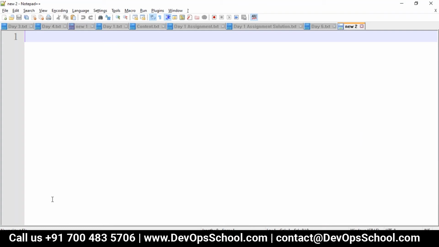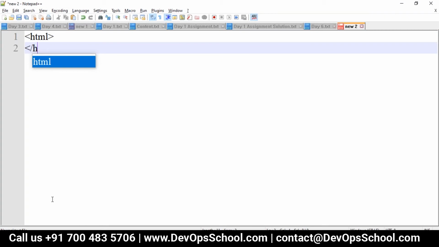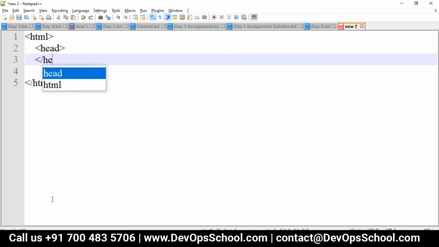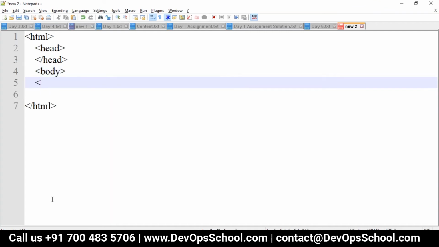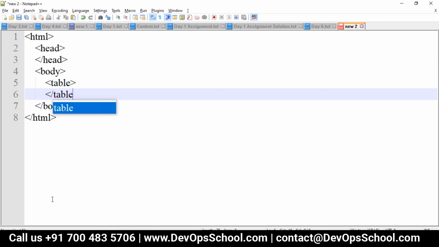When you go with HTML, we'll use an HTML tag, and then we'll write the head tag, and then your body tag. If you want to write a table, we'll use a table tag, where the table contains two parts. The first one is a T head,